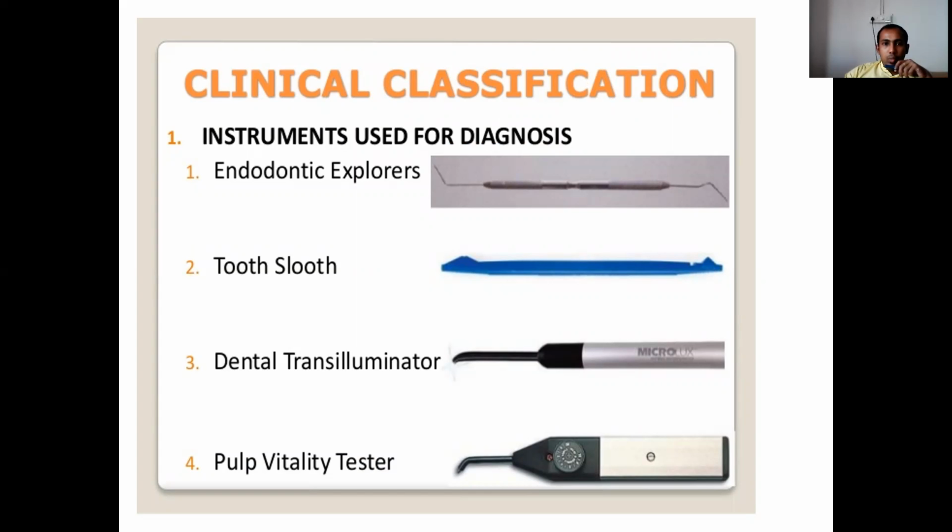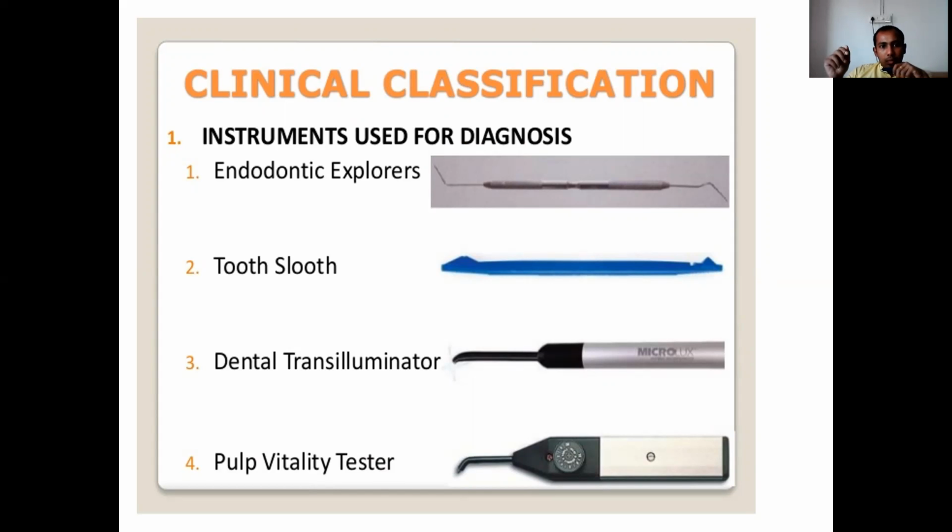Now coming to the instruments used for diagnostic purposes, they are mainly divided into endodontic explorers, tooth sleuth, dental transilluminator as well as pulp vitality tester. Endodontic explorers: in most cases, after access cavity preparation, the canal is blocked with various debris or a pulp stone, etc. The patency will not be established; only the initial entry will be blocked. So in order to explore the canal, we can make use of endodontic explorers. It's just like a sharp probe. We remove the obstruction and establish the orifice patency. Once the orifice patency is established, then we can easily insert the file and establish the